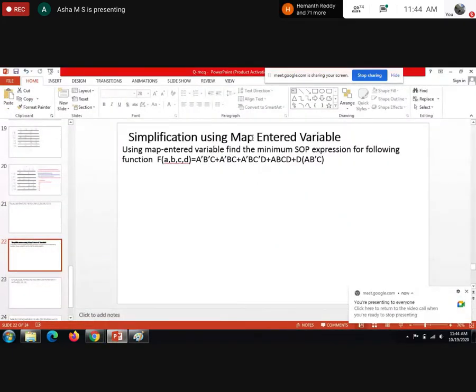So MEV is nothing but map entered variable. Till now we studied Quine-McCluskey and Petrick as well as K-map to find the minimized version of the Boolean expression, or simplification of the given Boolean function. Correct, right? Quine-McCluskey is useful when we have a large number of variables. But the Quine-McCluskey method is not efficient for a function with many variables but fewer terms, correct, right? So when we have many variables with fewer terms, we are going to solve using the